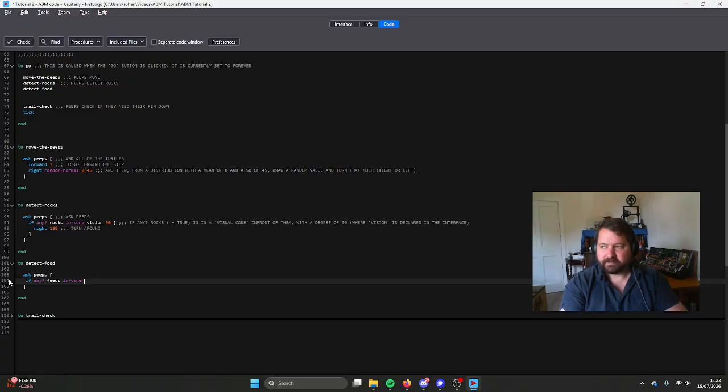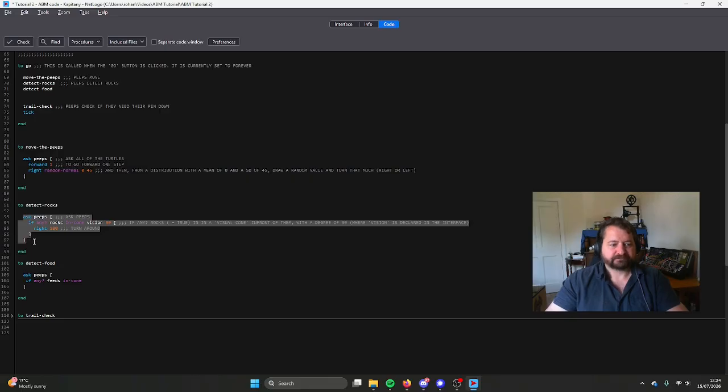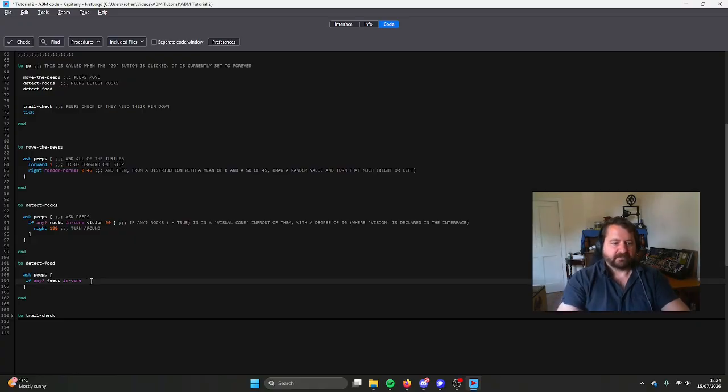Now, here we come to a question about modeling. We've already established they have a visual radius, or a visual cone rather, that is a given distance and a given pie slice, subset of that circle. Should we have a different visual system for detecting food or no? Well, we could, but I don't see a justifiable reason for it. So I'm going to suggest that whatever they're doing here is going to be visual detection. So we're probably going to consolidate our detect rocks and our detect food into a visual detection procedure. But for the moment, we can do it